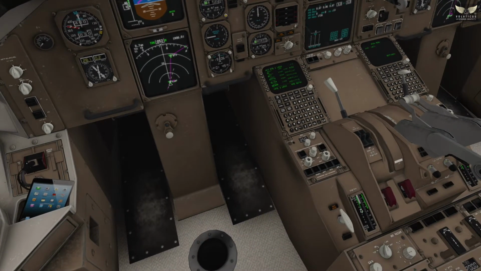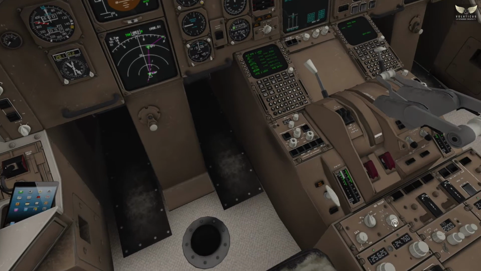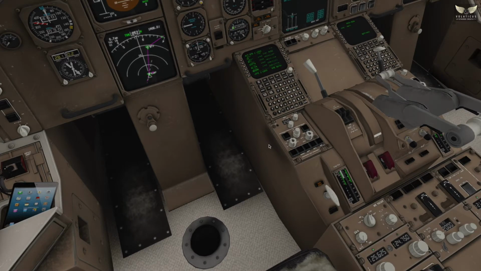Looking down here, shouldn't really be able to set the trim at this point because it's got all the hydraulics off, so that'll be set after engine start. Weather radar I'm not going to bother with. I'm not going to test any of this, and do excuse me if you're a purist, but just want to get on with the flight here. And also I'm not using a checklist, so I'm probably missing a number of crucial points, so do add your feedback. But